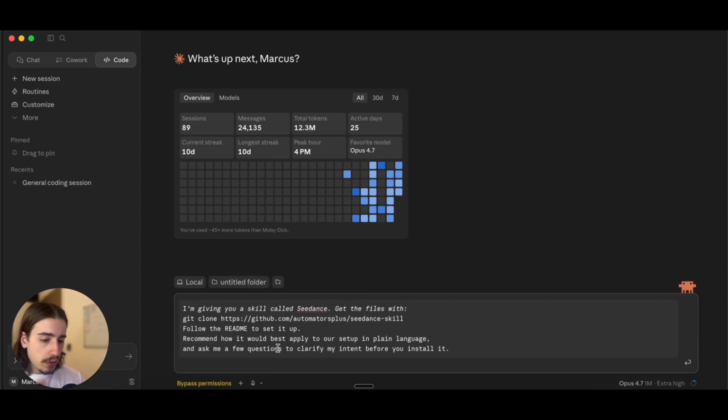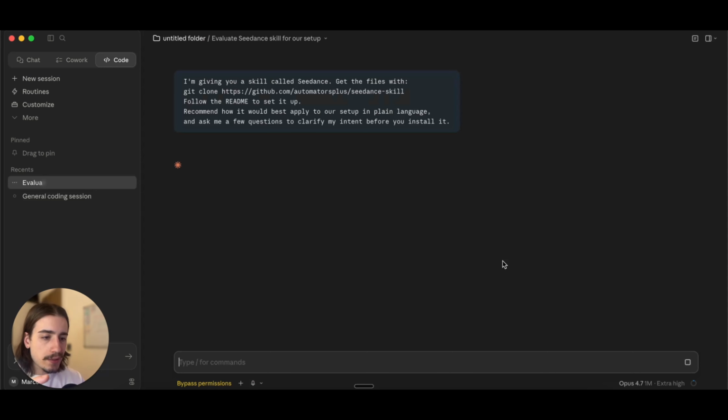So you can either pause the video, screenshot that, and write it out, or you can go to my free school community and just get this exact copy and paste. And then all we're going to do is just hit enter, and Claude is now going to evaluate that GitHub repo with being the Seedance skill, import all of the information into it, and then get this set up. In the meantime,